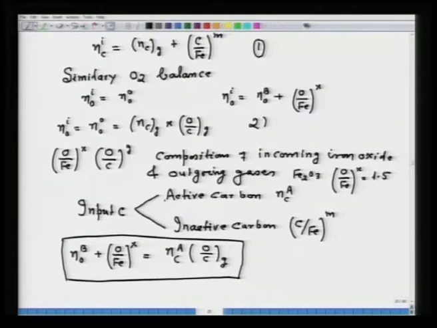So, this equation we could obtain as a result of material balance only, and in the subsequent development of this lecture, I have shown that the same equation can be represented in the form of a diagram, and we have seen that, and we have solved some problems. Now, in continuation of that lecture, what we would like to do today is develop the heat balance of the blast furnace iron making. Then we will combine material and heat balance and try to represent them in the form of a diagram. So, first of all, we have to see the basics of heat balance,